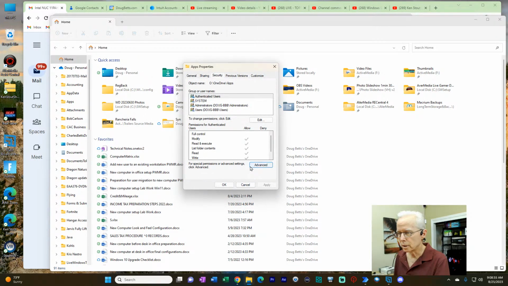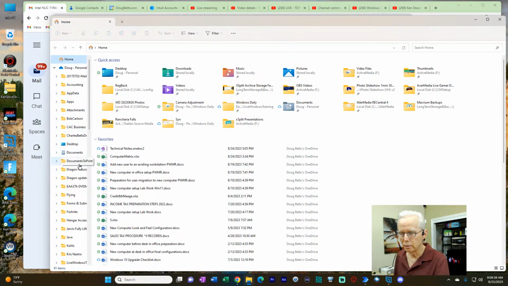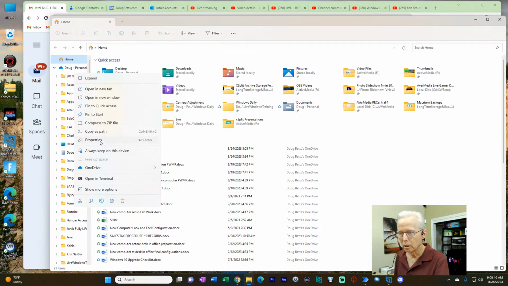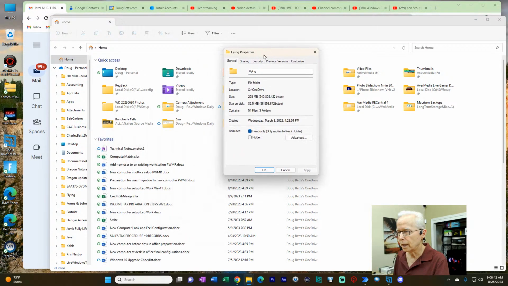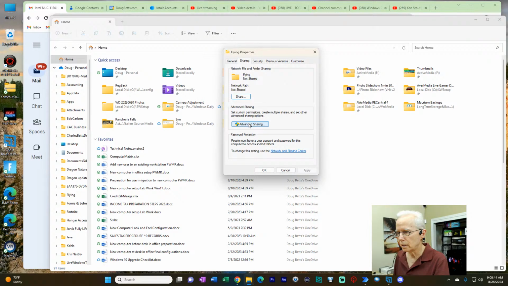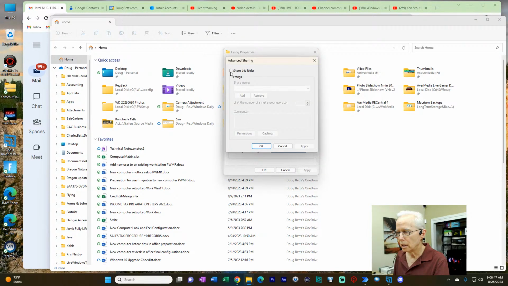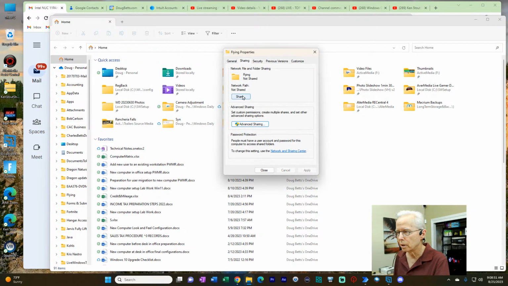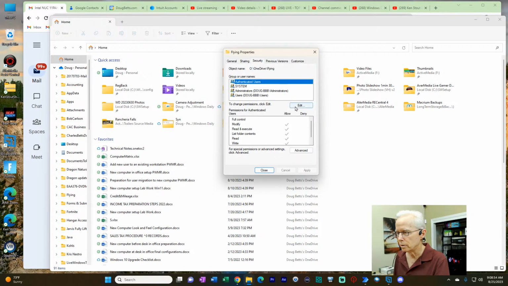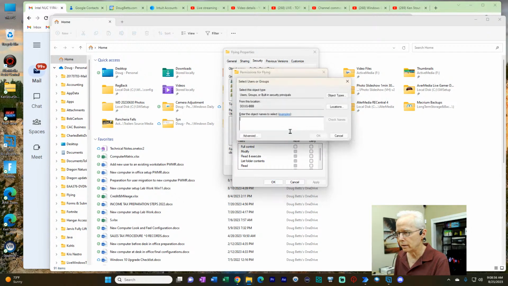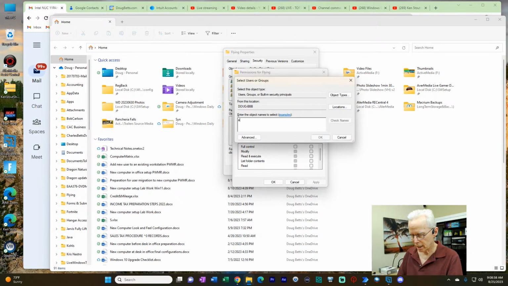Now I want to go somewhere where I can add... what do I want to do this? I know, let's do it with sharing. That's an easy way to do it, because I know where I can add there. If I go sharing and then advanced sharing and permissions. No, that's not where I want to do it. I went straight into the place that I wanted to do this the other day. Edit. Okay, add. Here, add. Yeah, here we go. If I say add administrator and then check names,